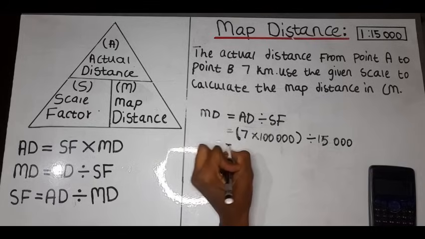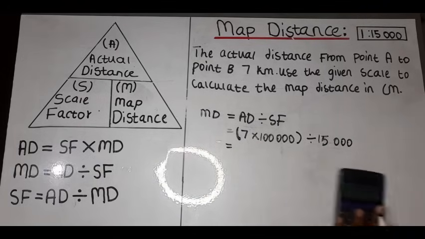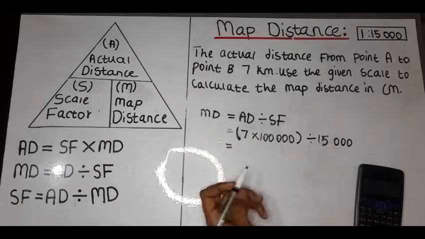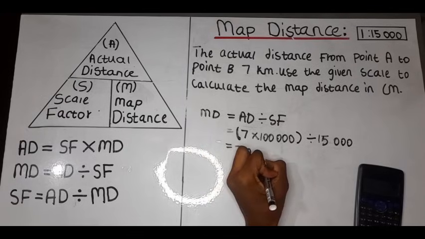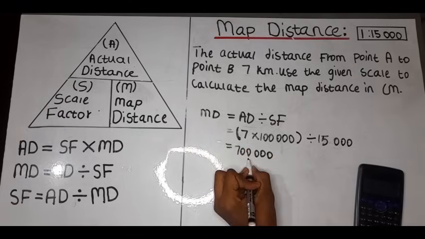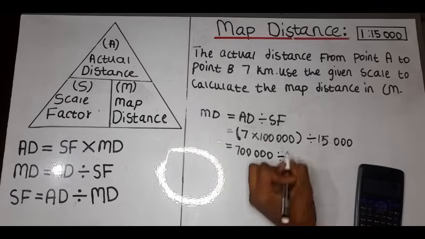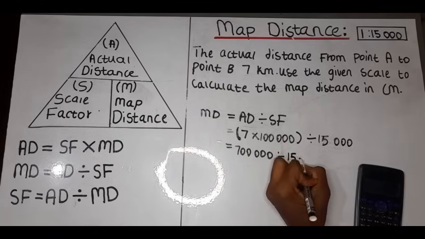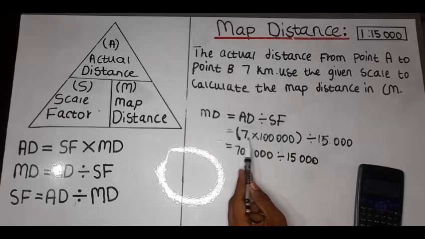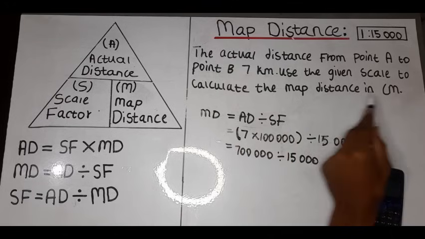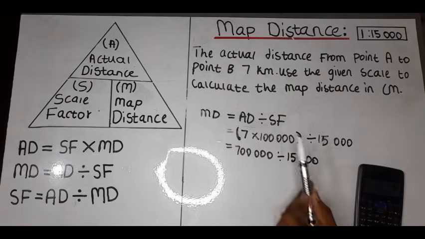15,000, right? So this means that we're going to say 7 multiplied by 100,000. It's going to be 700,000, which is our actual distance, divided by the scale factor, which is 15,000. Right? So we started by converting our actual distance from kilometers to centimeters because they told us that our